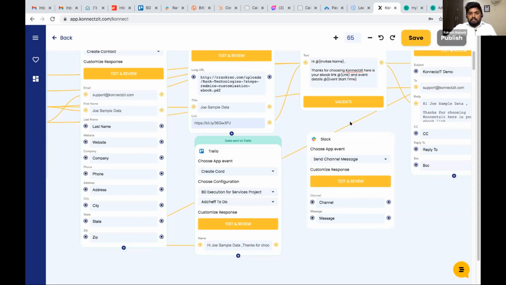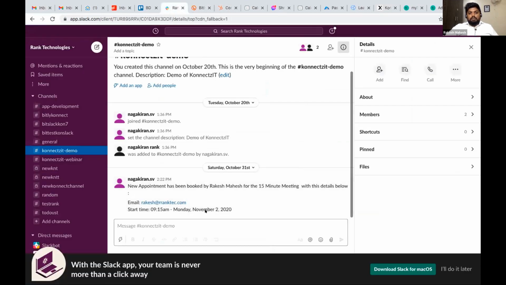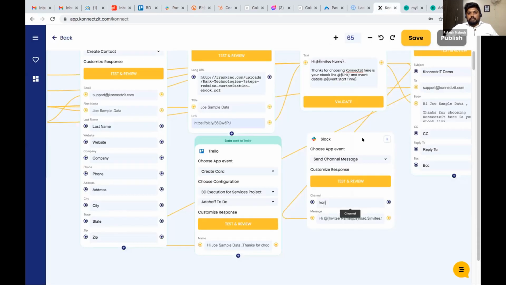I will use the same output which I received from my formatter, and input the Slack name and channel name. This is my Slack channel, and we are going to receive a message over here. I will click on test and review.